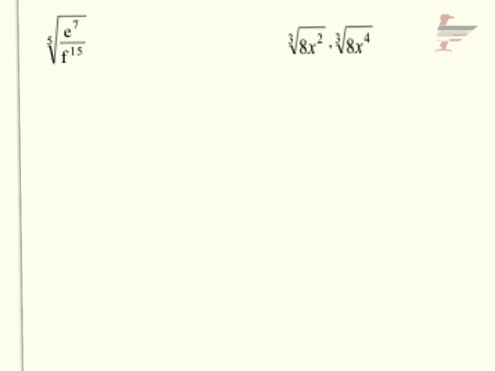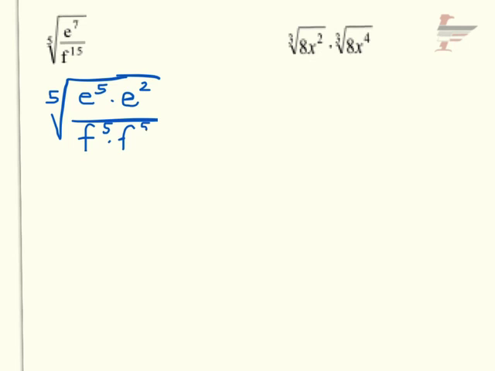Okay, fifth roots. So here I'm going to break down e to the 7th as e to the 5th times e squared, and that makes a 5th, also makes 7, right? f to the 15th is f to the 5th times f to the 5th times f to the 5th, and then every 5th you bring out 1, so I'm going to bring out an e,